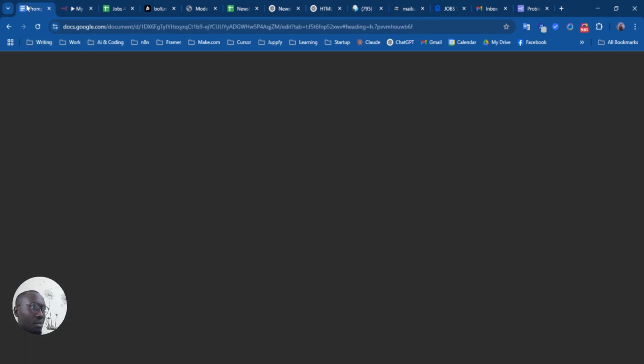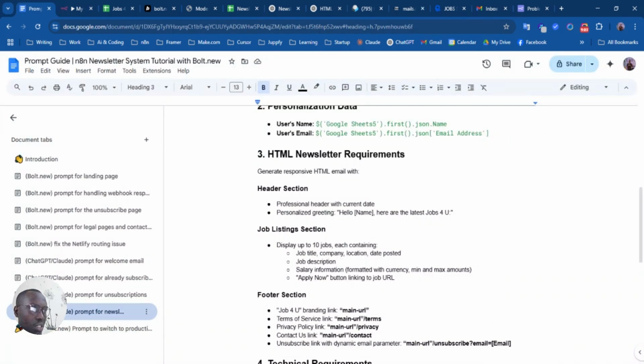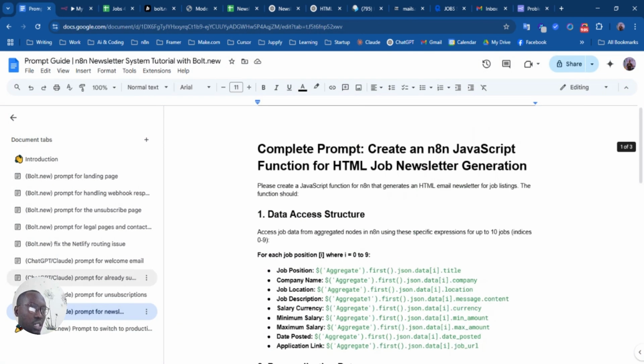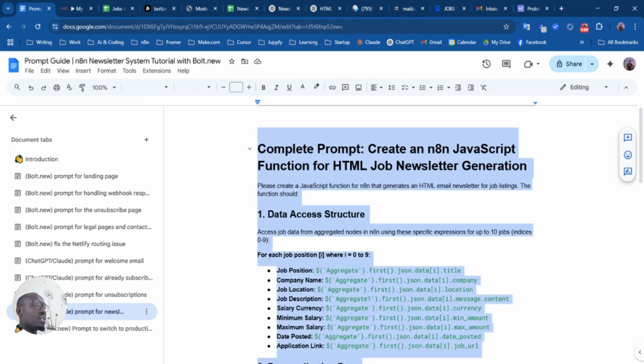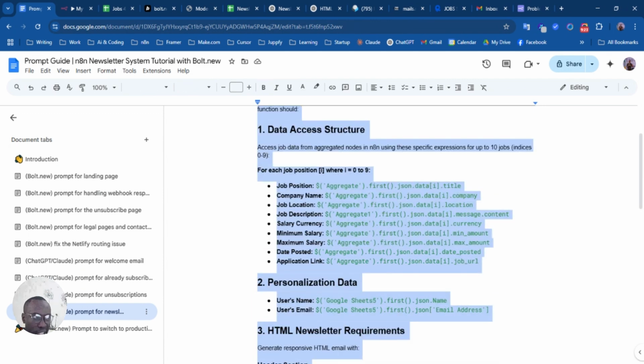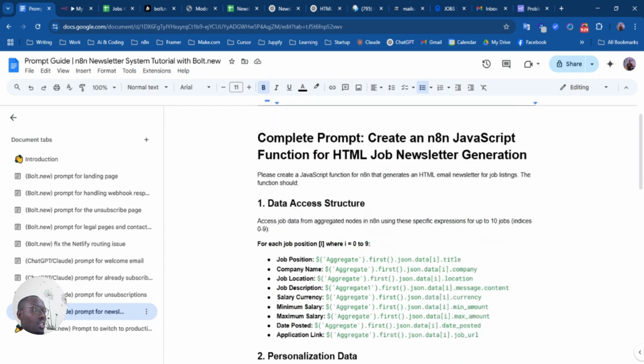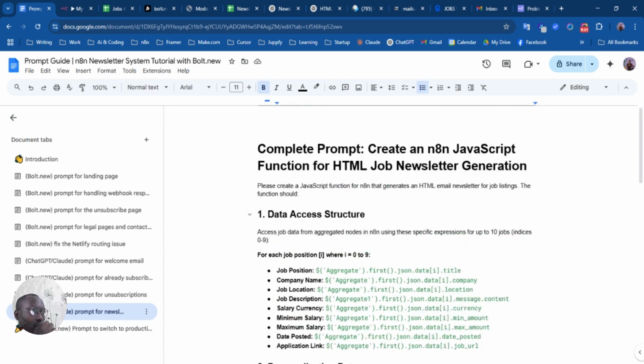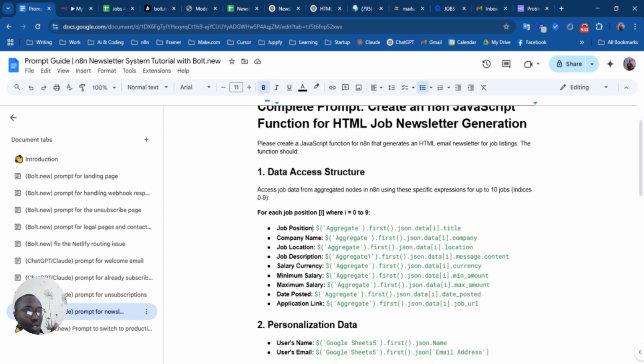And let's go to the prompt guide and pick this prompt, the second last prompt. It's the prompt for creating this function. It's going to pull 10 jobs from that list, and as you can see, we are telling ChatGPT to create a function that is first of all going to access job data, right, in aggregates from aggregated nodes on n8n, and